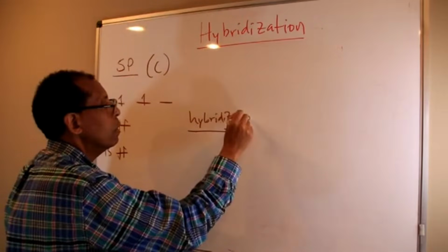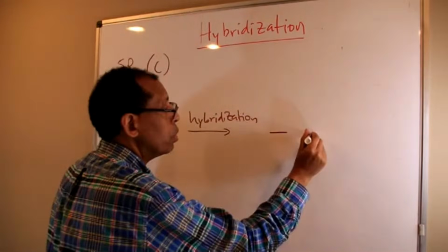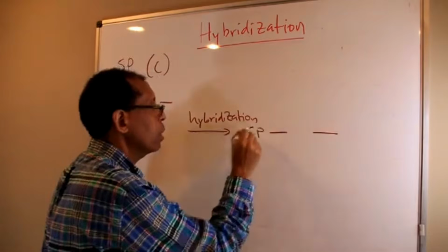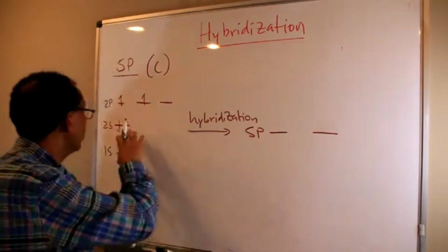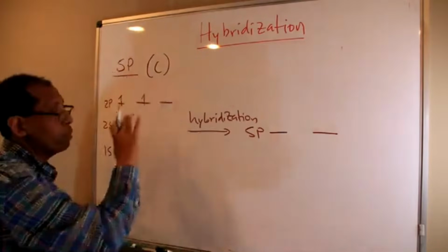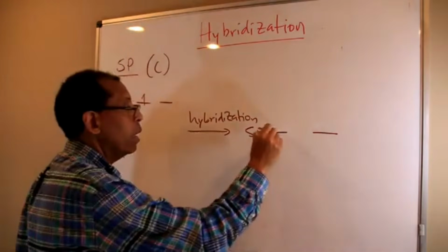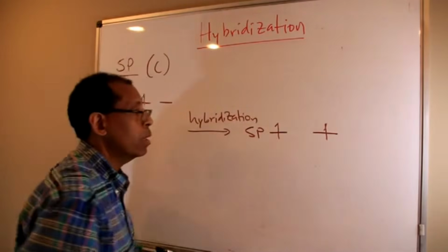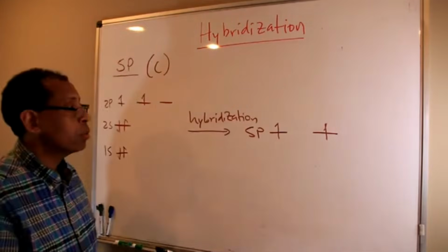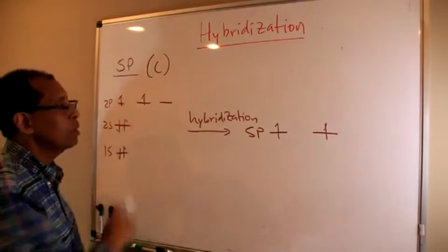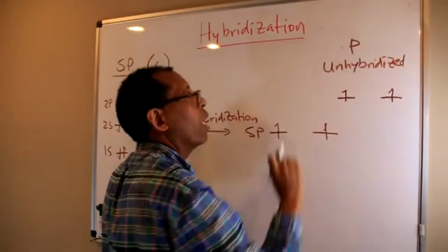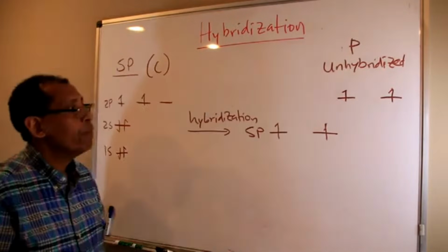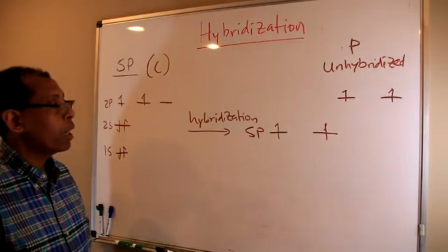The hybridization would give you two degenerate sp hybridized orbitals. That means one s and one p would hybridize, and they will contain one electron each. But remember, the unhybridized orbitals, which are the remaining p orbitals, remain at high energy. Now, if we were to draw this on a carbon,